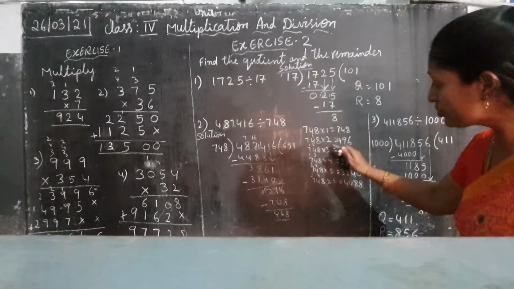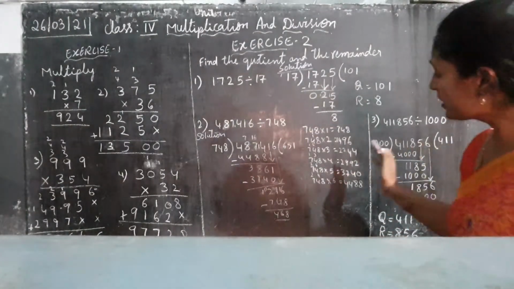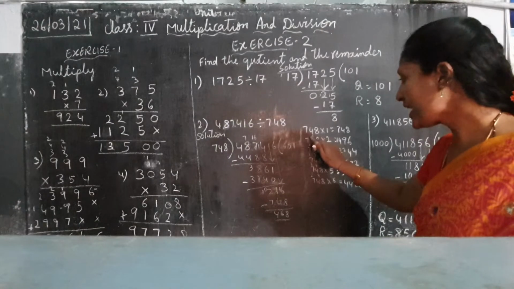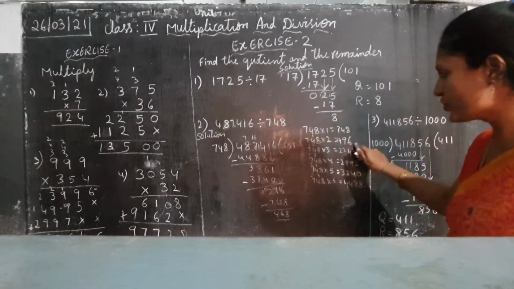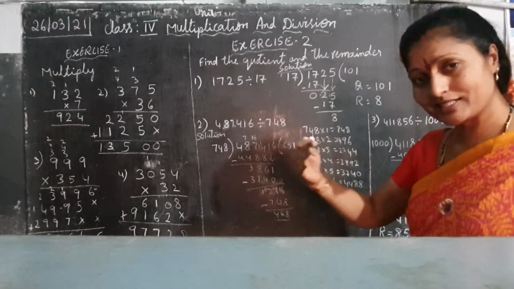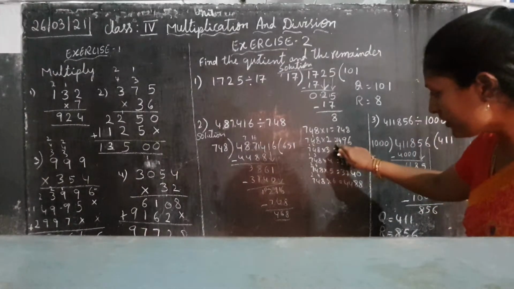How we have to do 2 times? See, you know the 2 table perfectly, no? Then you can multiply. 2 8s are 16. 1 carry, you keep on the 4, and 6 you write. And 2 4s are 8, plus 1 carry you kept, no, that also you have to add. Then 9. 2 7s are 14. Then what number will we get?